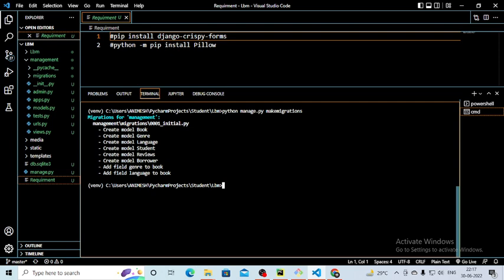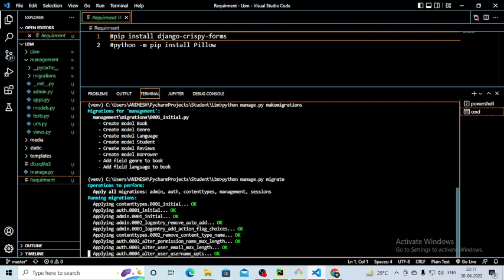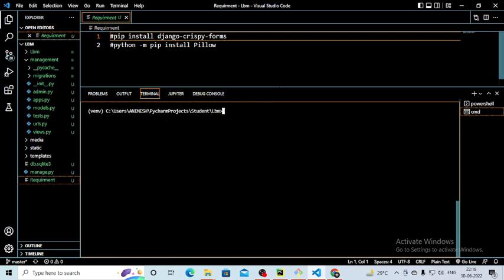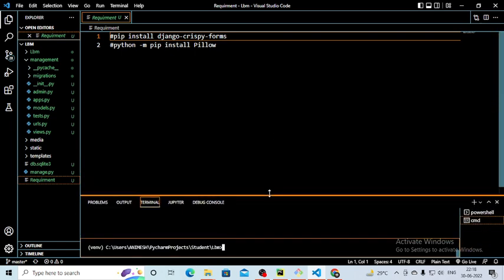Now I have to create the database tables inside our database. For that, what command do I have to run here? python manage.py migrate. After running this you will get this complete setup in your database. Okay, let's clear the screen, and this part is completed, right? Let me make a small